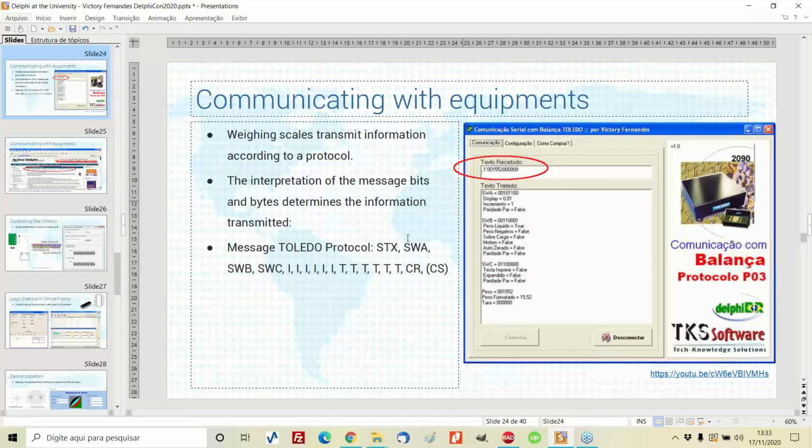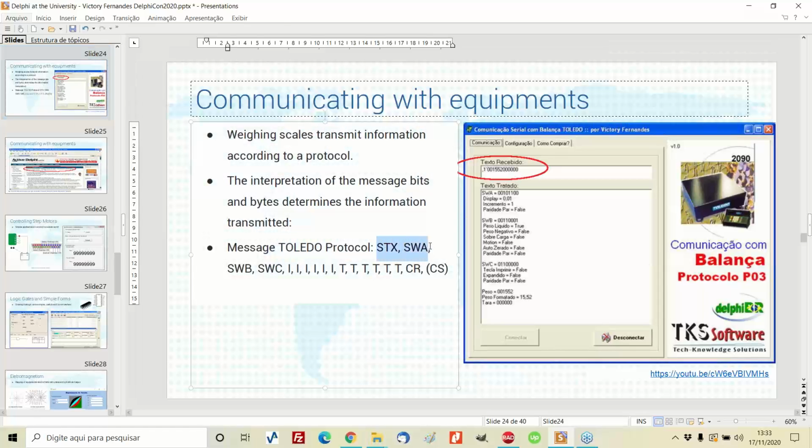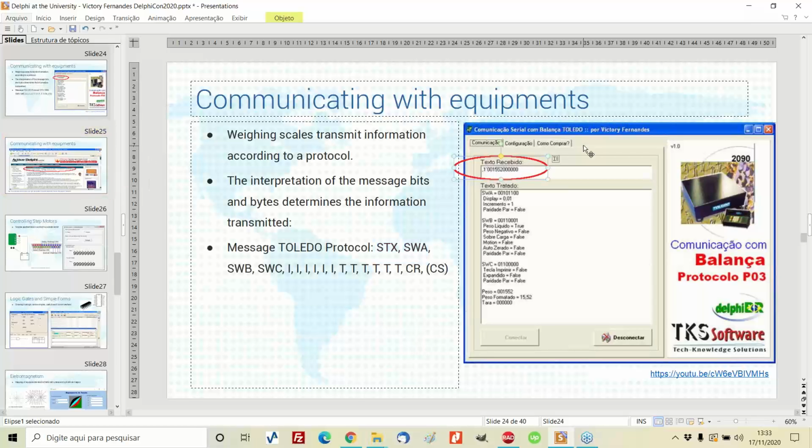And when you have that, the protocol actually has many bytes that you will have to learn how to break. So presenting this to the student and showing code to them can be very effective to make them understand and actually fall in love with your discipline in the very beginning and during all the engineering courses. And this can be easily done using Delphi. So all these applications I'm showing you here were done with Delphi.